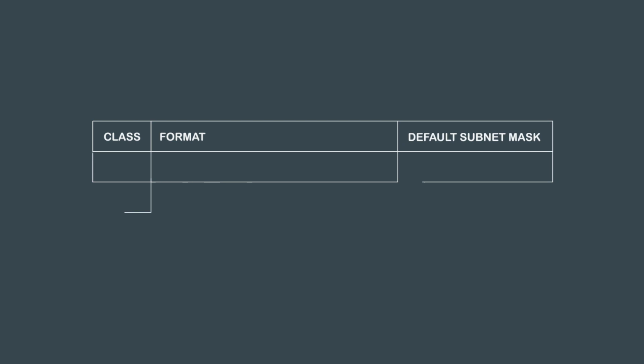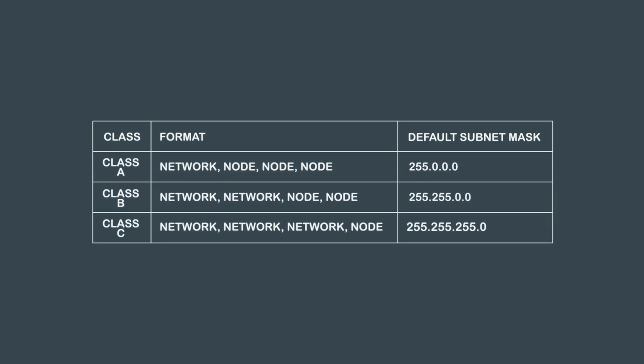Besides the IP address, you need a default mask to allow routing to take place. Each class of addresses is associated with a default subnet mask, as shown in this table. An address using its default mask defines a single IP broadcast domain. All hosts using the same network number and mask can receive each other's broadcast and communicate using IP. A subnet mask must be a contiguous string of ones followed by a contiguous string of zeros to represent the entire